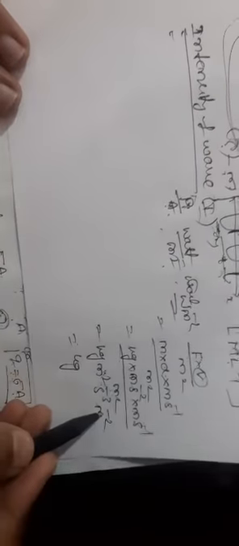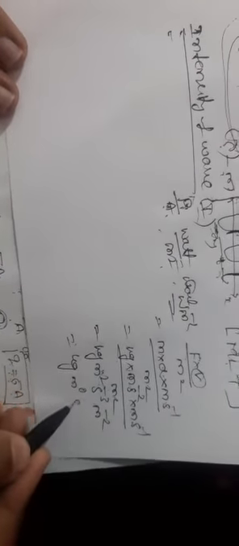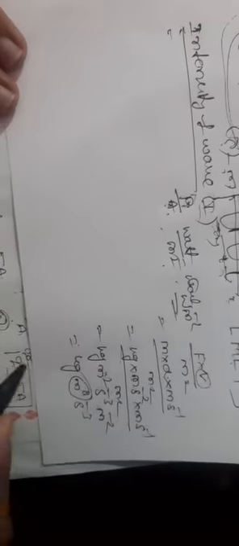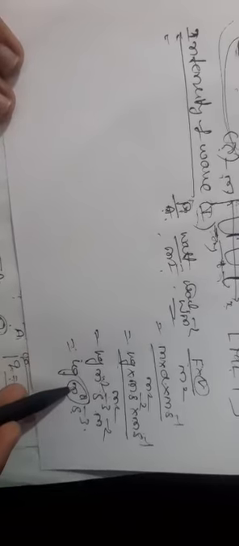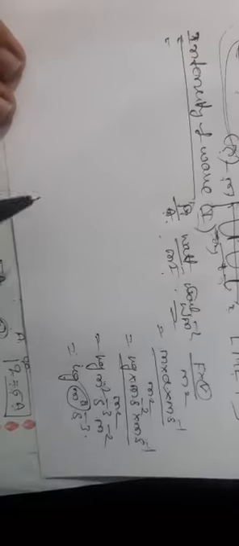Simplifying this, we get kg, meter into meter, divided by second power minus 2, second power minus 1, giving second power minus 3. The reciprocal of 1 by meter square is meter power minus 2. So meter power plus 2 and meter power minus 2 give meter power 0. That is kg second inverse cube. This is one more unit of intensity of wave.